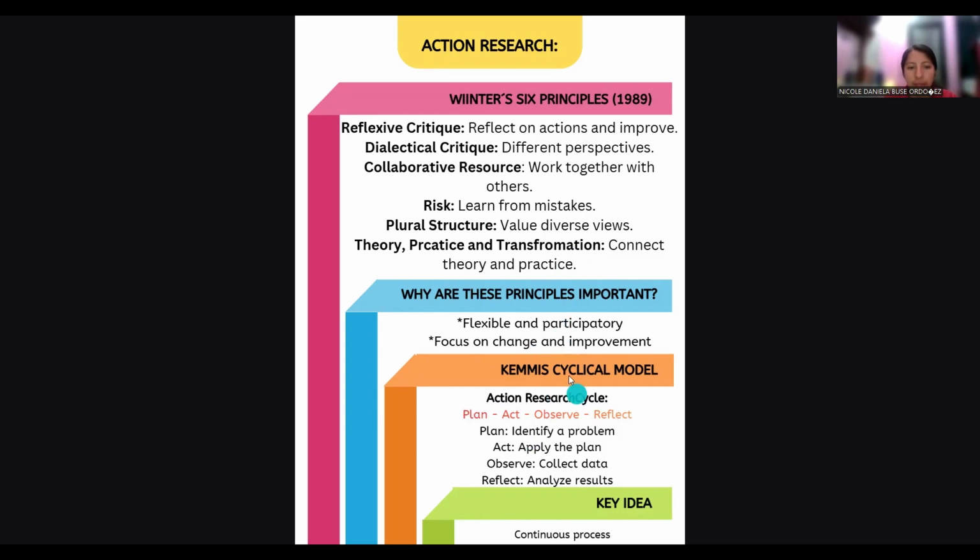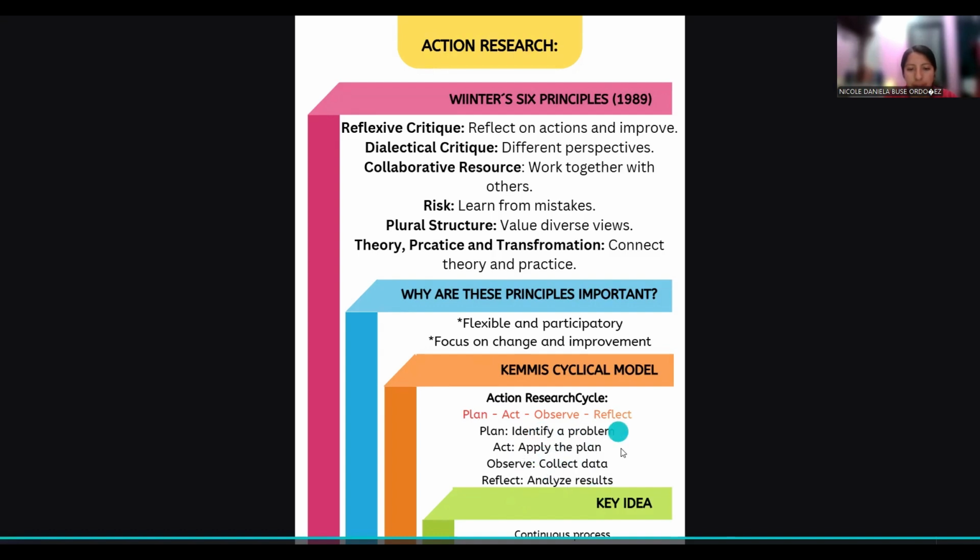Also, Kemmis explains that action research is a continuous cycle. First, we plan by identifying a problem and creating a strategy. Then we act by applying the plan in a real context. After that, we observe the results and collect information. Finally, we reflect on what worked and what needs improvement. These cycles repeat to improve